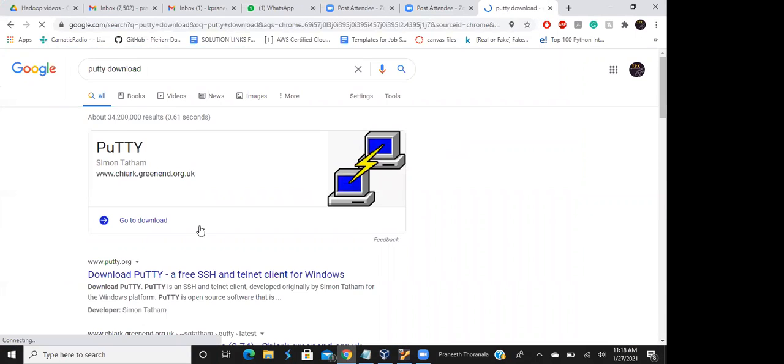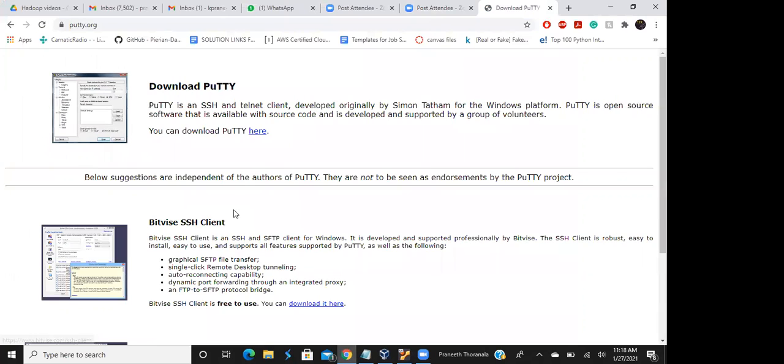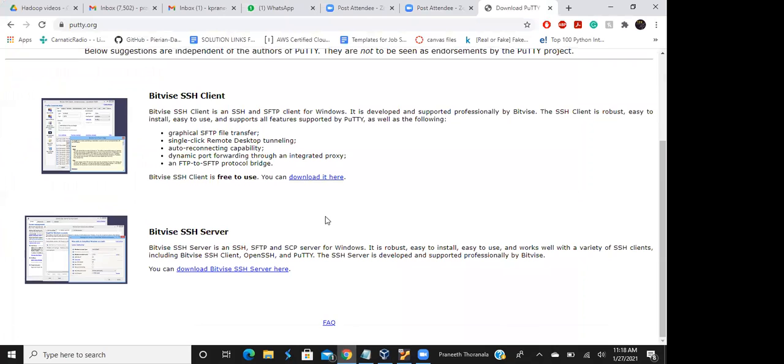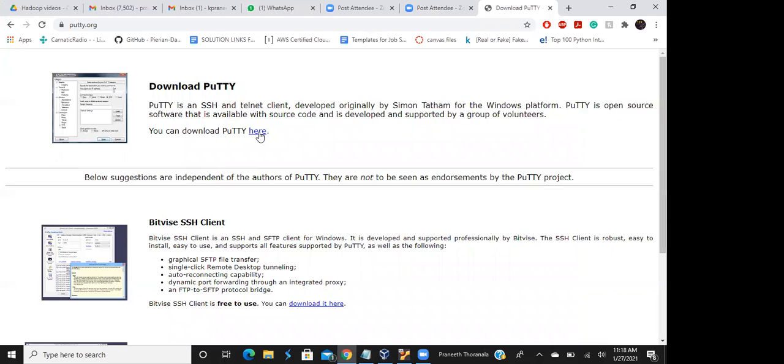So you can open the first link and scroll down. Yeah, you can just go up and just click on download. Yeah, click here.